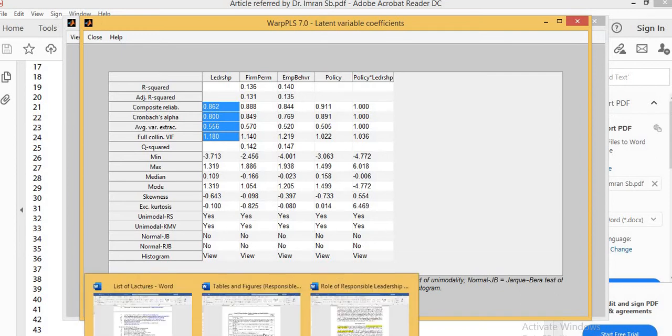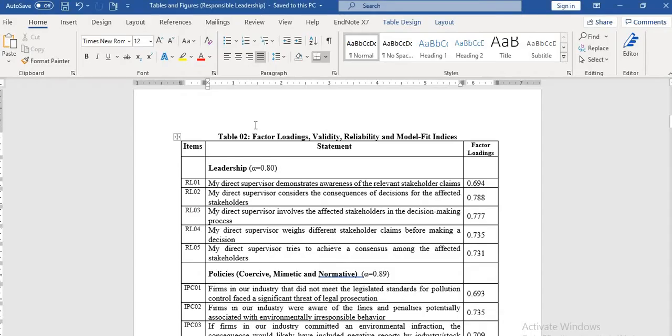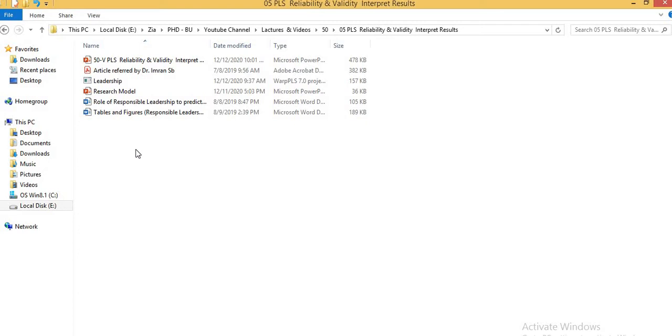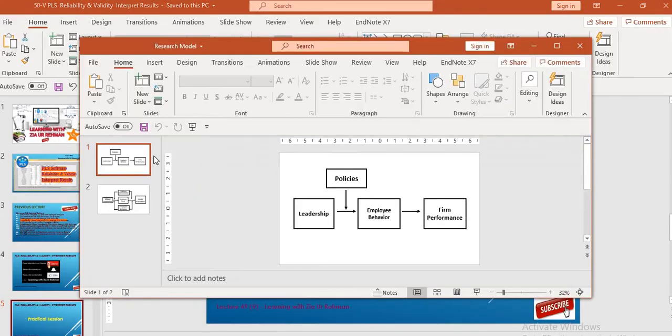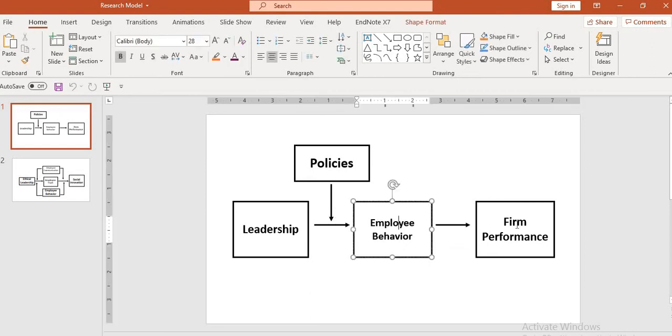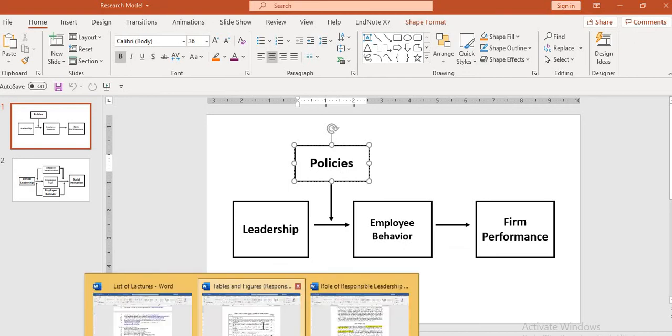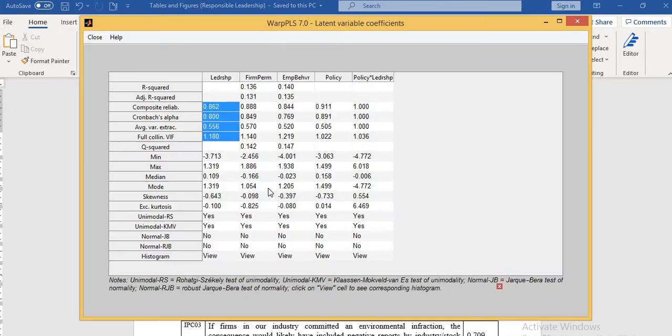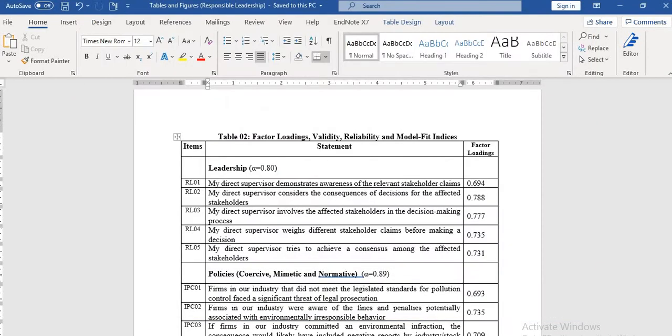How I can suggest you, this is a specific file I have created for you. This is actually a model which I can show you. Look at this: leadership, employee behavior, firm performance, and policies. Leadership, employee behavior as a mediator, firm performance as a dependent variable, and policies as a moderating variable. So these are the results, the results which I have shown you from here in latent variable coefficients, as well as the results I have shown you